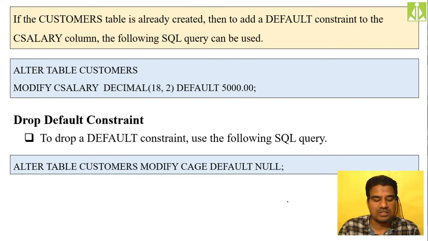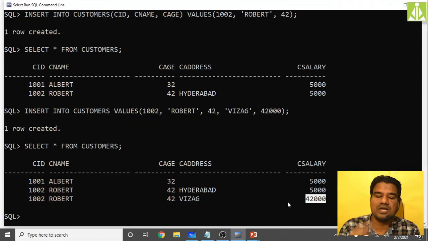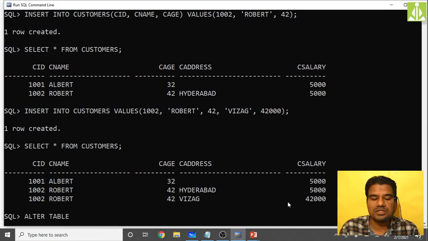Okay, suppose you want to remove the default, what do we have to do? Same thing, alter. I'm removing the default now. Alter table customers, modify column name. Let us say I want to remove the default from c salary.